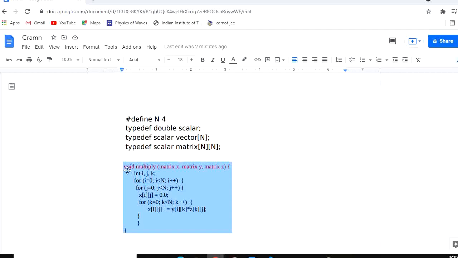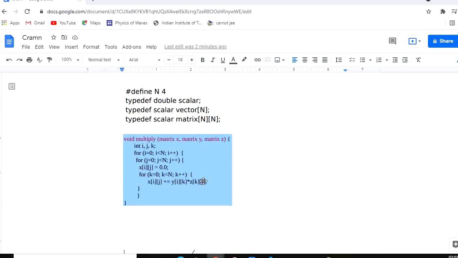This is a function to multiply two matrices x and y and store the result in z. Basically we have three loops in here. The first loop traverses along the rows, and the second loop traverses along the columns of the matrix one by one. The matrices here are 4 cross 4.